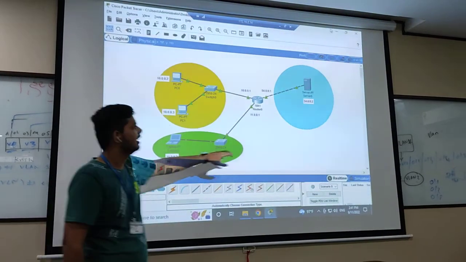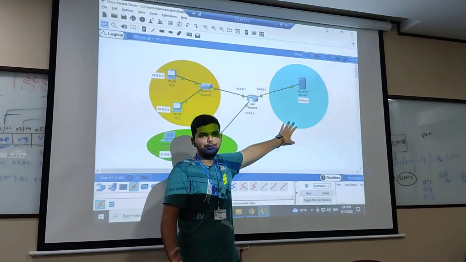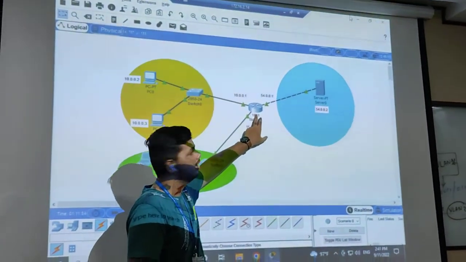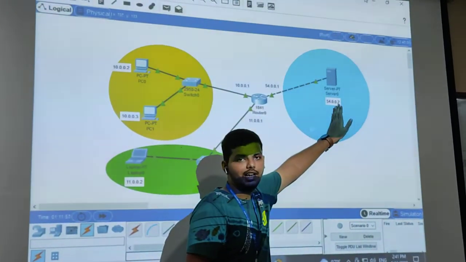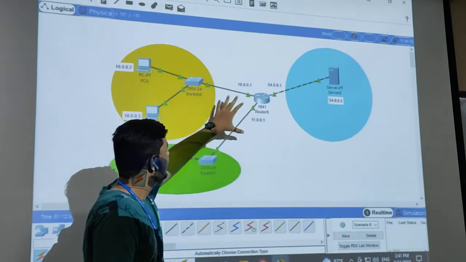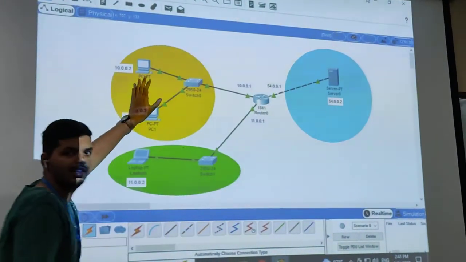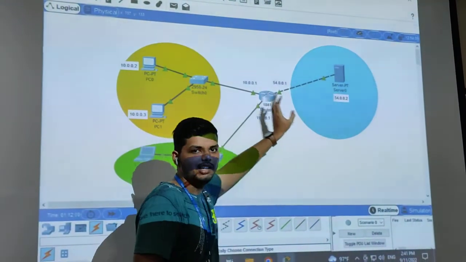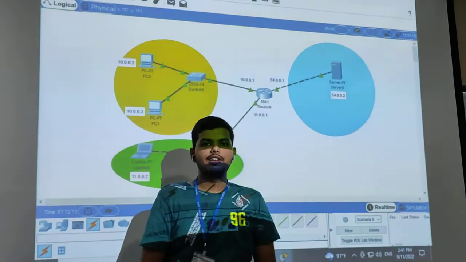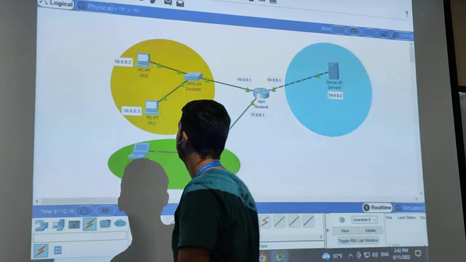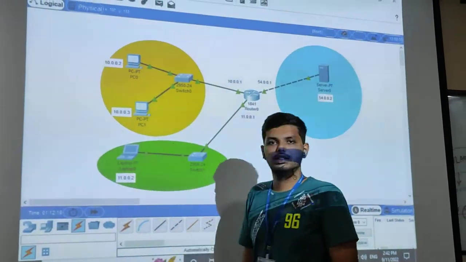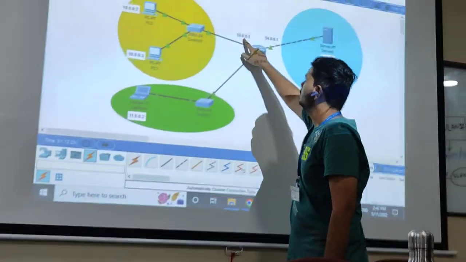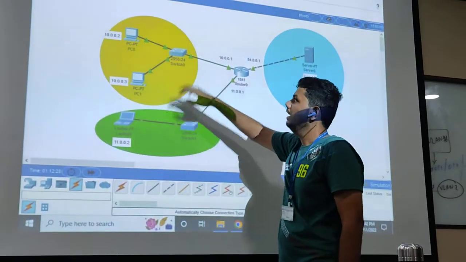So the scenario here is a server, say a Gmail server or some kind of outside service, and there is one router which is separating the outside network and the inside network, meaning the portion on the left side, which I have considered as the inside of the NAT, and the part on the right side of this router, which I have considered as the outside of the NAT. So first of all, I have considered the static NAT configuration that translates 10.0.0.2 to 10.0.0.1,